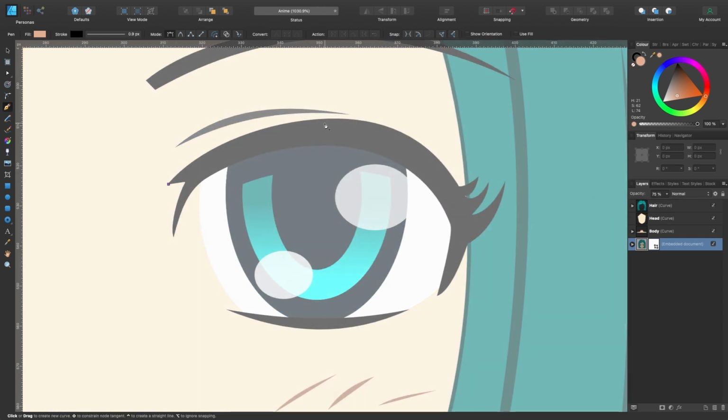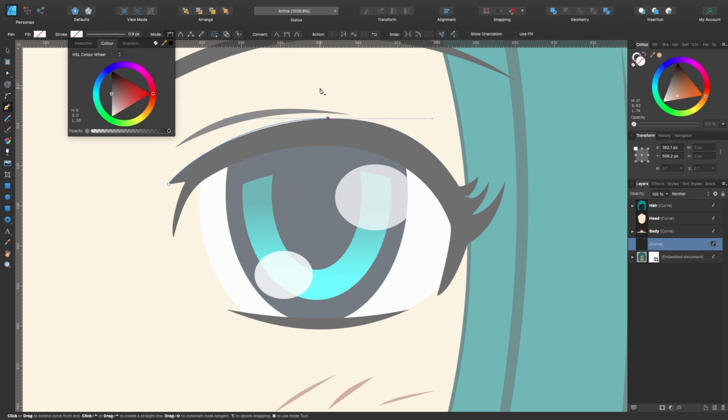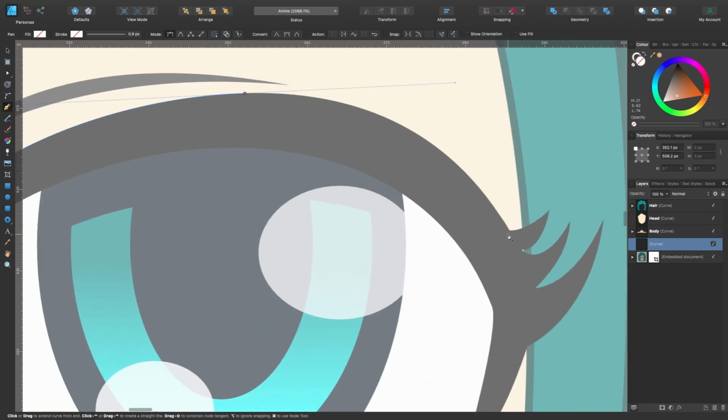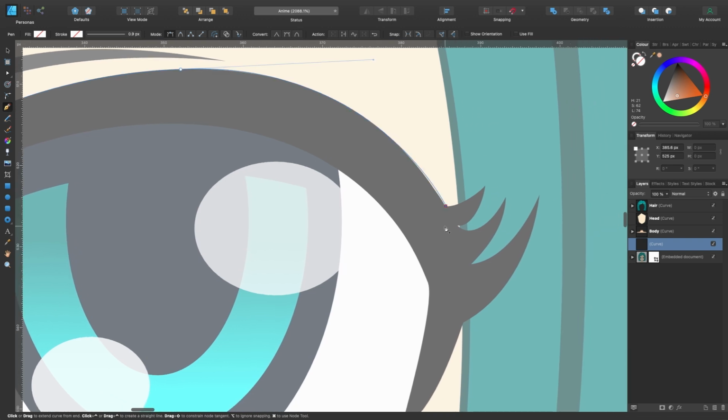Okay, so click once there and let's start tracing it. I don't actually want this stroke on at the moment, so I'm just going to go up to stroke and turn it off. I just want to see this kind of blue line here. And when we get around to this section here, I will forward this section.